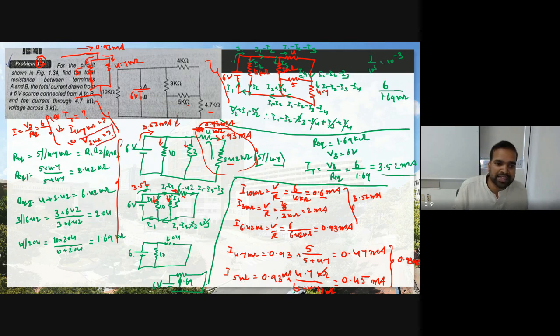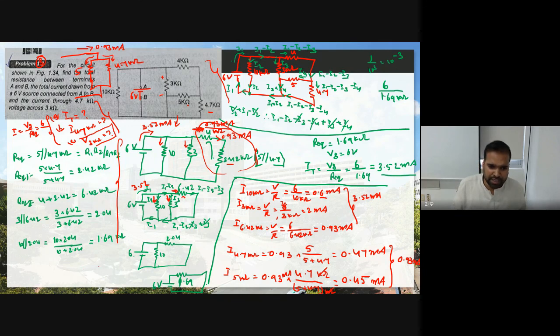Now what is the third one you need to find? The voltage drop across 3 kilo ohm. Now see, how much voltage drop is at 3 kilo ohm? Now see, what is our simplified circuit? This one. Now see, this is the voltage, a 6 volt battery, and 10, 3 and 6.42 are connected parallel, one to another. Therefore, since the elements are connected in parallel, the voltage is the same. The voltage drop is the same across all the resistors.